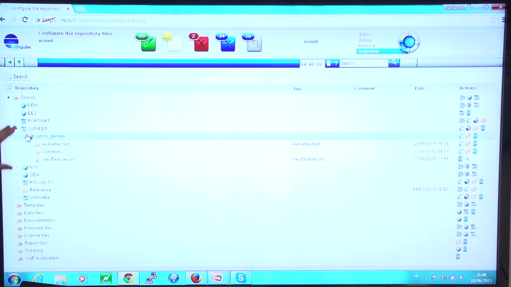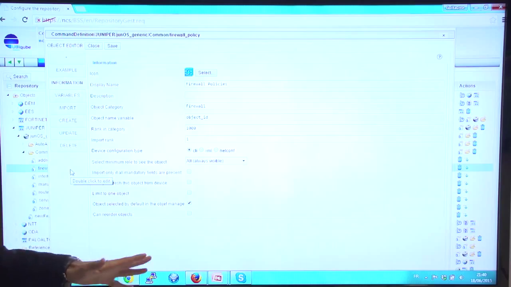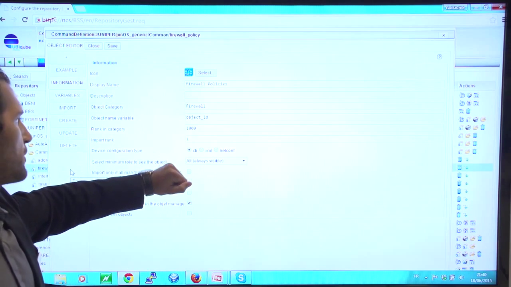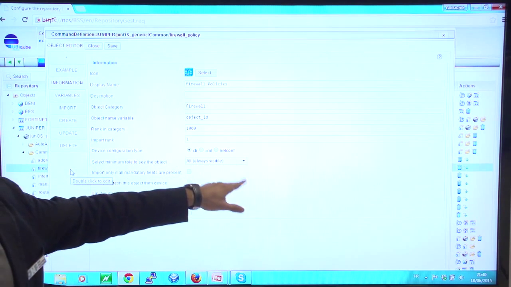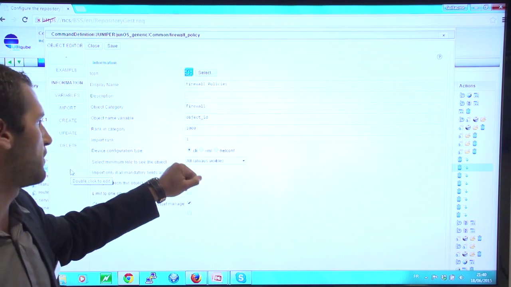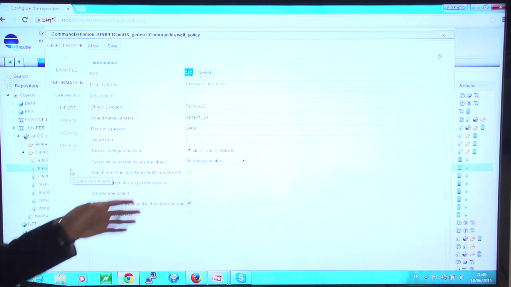As the platform is multi-vendor, I have several objects for all my different vendors. And I have one specific object to manage my firewall policy. So here is my object. When I create an object, I have to set a name to display on the UI. I can set an icon, I can set a category, and then I define which protocol I will use to configure my device. It can be CLI, it can be API, it can be NETCONF, depending of course on the device. And thanks to that, we are really able to configure any device because we are not dependent on a device.